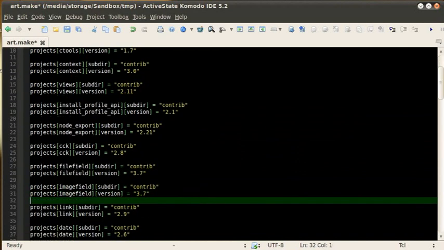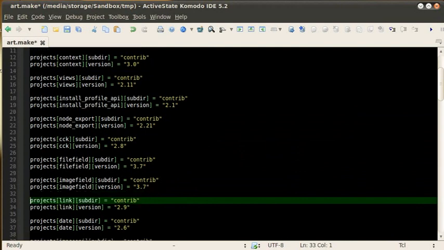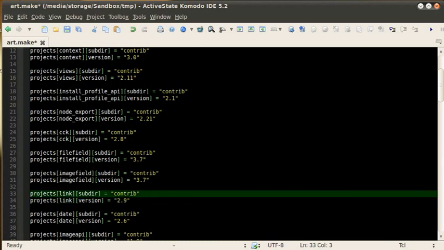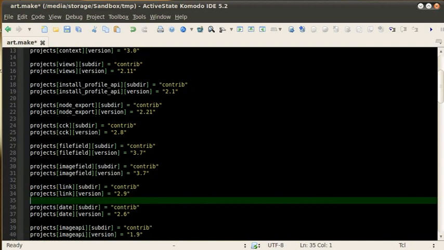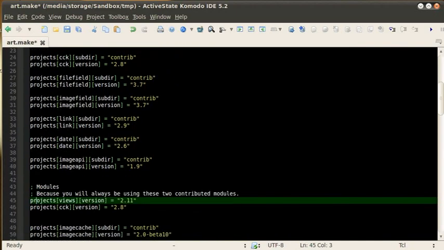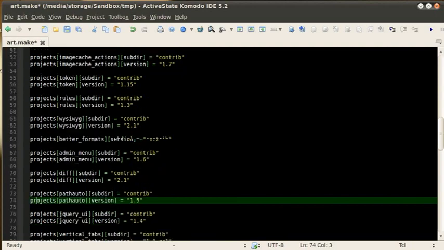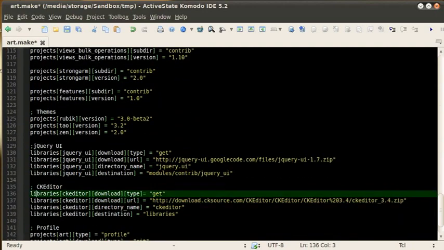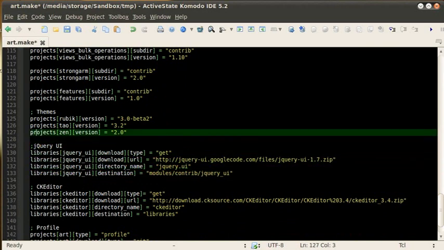It lists each of the projects. You have the project name and the project version, and then you can see for the modules I'm using a subdirectory called contrib that I like to keep the contributed modules in. At the bottom of the file here, I'm also adding some themes, and Drush is smart enough to know that that's a theme, and will put it in the themes directory,